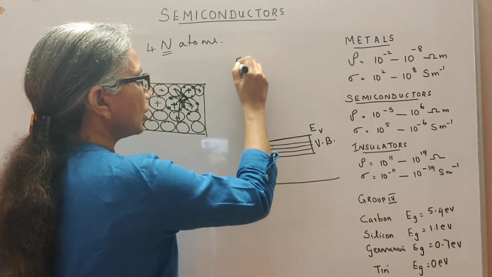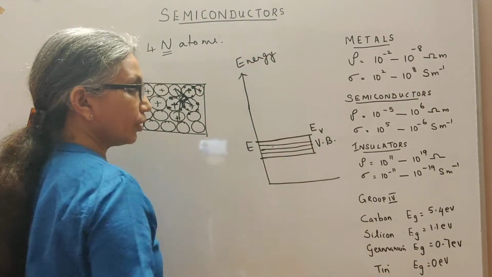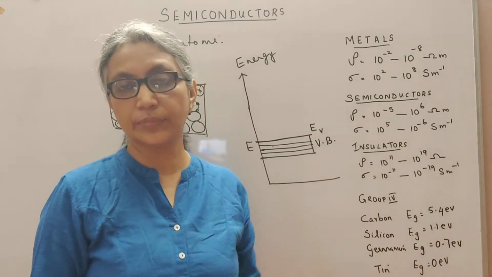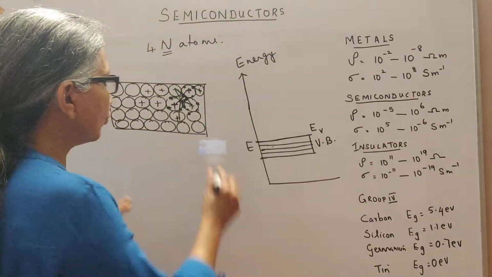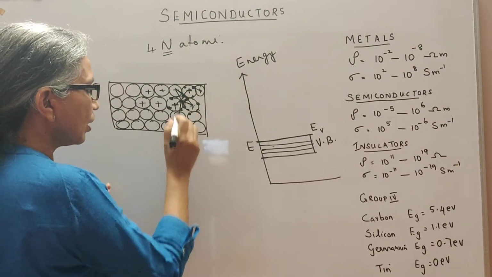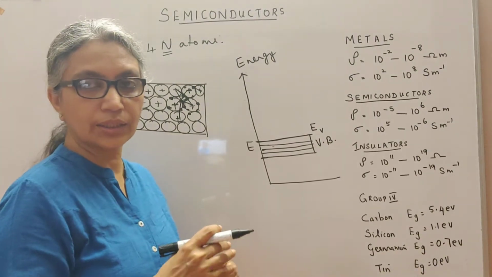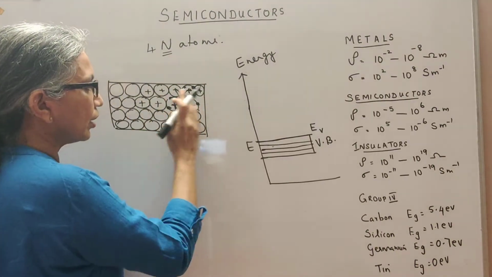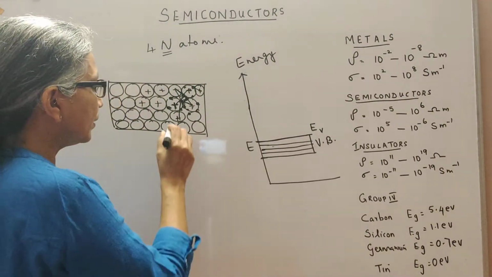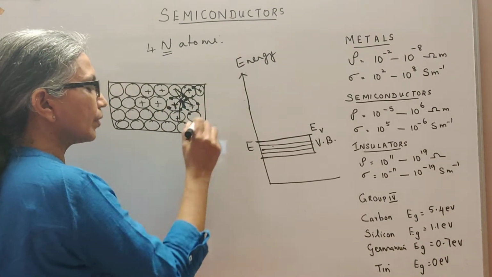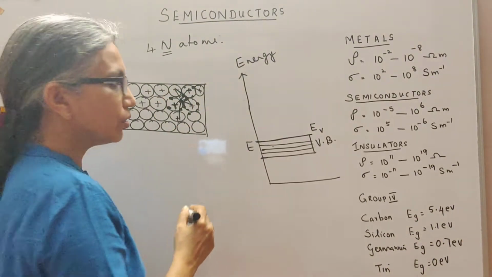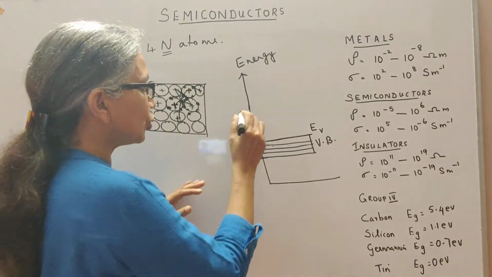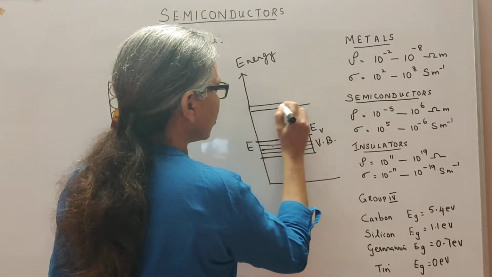Now you know that in a good conductor, or if a material should conduct electricity, then the material must have free electrons. If these bound electrons are given some thermal energy, they are capable of breaking free from the nucleus, becoming free electrons which can conduct electricity. So these free electrons possess greater energy than the bound electrons. Let's say there are lots of free electrons available for conduction. Their energy range is what I am going to show here.